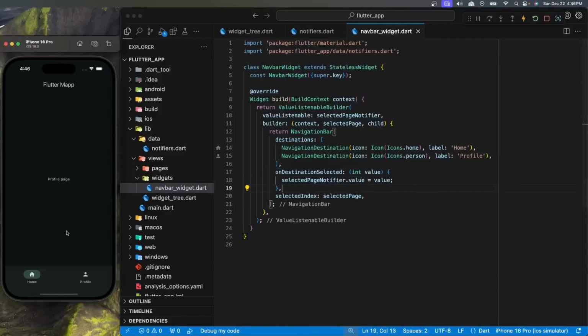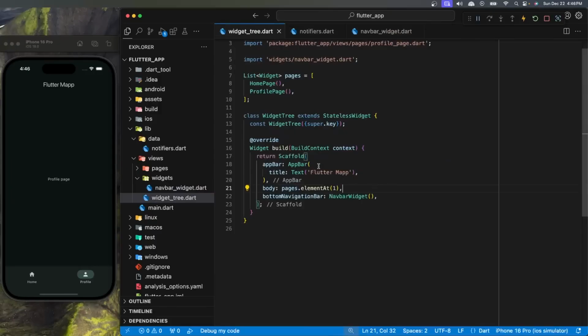So let's restart the application and see if everything still works. We have the profile. It does work indeed. So that's fine. But now, if you understand, we can access this selected page notifier from anywhere inside the app just by using this. So we can go back over the widget 3 like this, and we can wrap this thing, the body, with